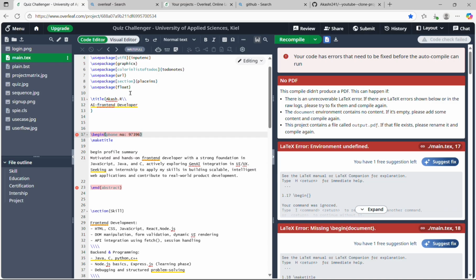After this we add our basic details or contact details with a backslash in the author information: phone number, mail and LinkedIn. That's it. I have given only one social media, mail and phone number, and you can give more. In the phone number you write your number, and in the mail you can also write a backslash